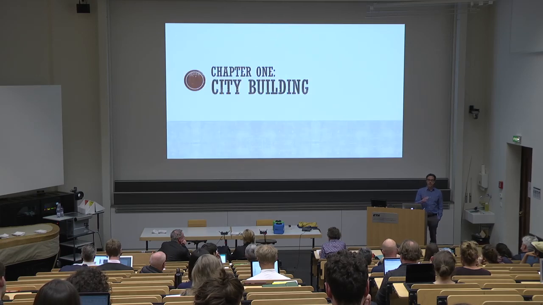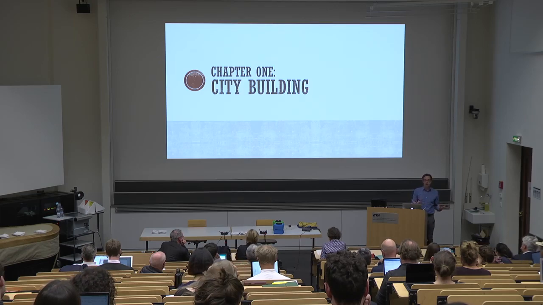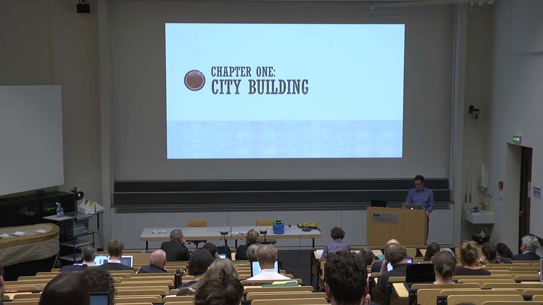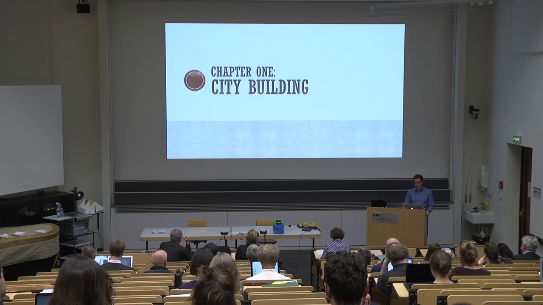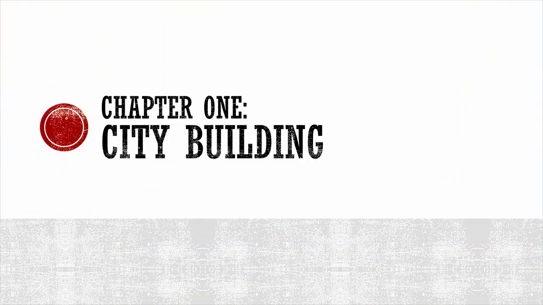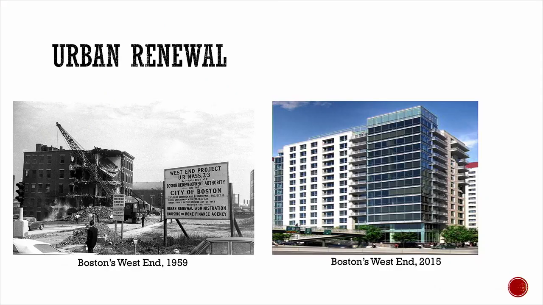So let me just start by very quickly reviewing previous models of city building. And I'm going to use a lot of examples from the United States, and so I apologize for that, but hopefully we will have some points of discussion about some of the comparisons with European cities. So in the United States, the concept of urban renewal was one way of thinking about infrastructure. And here I show you images of Boston's West End as it was being destroyed,